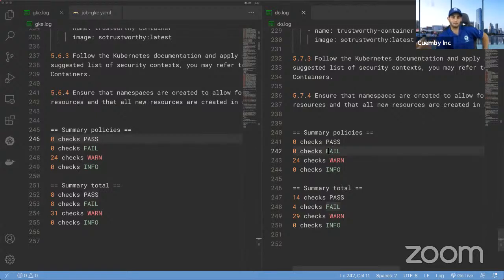To be honest, some of these I could be fixing if I do a more hardened type of cluster. If I go to GKE and I add cryptography and use these for network policies and stuff like that, some of them might be checked off for sure, but no, by default this is what I get.